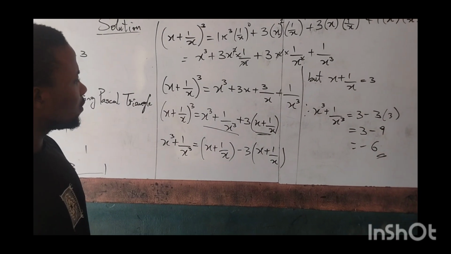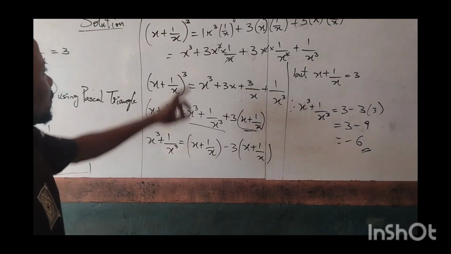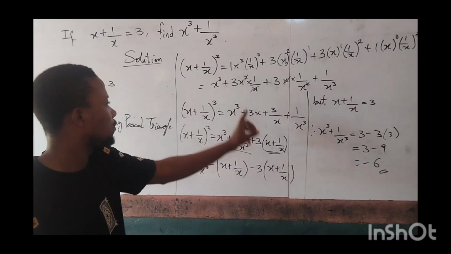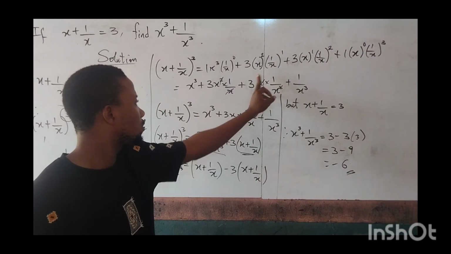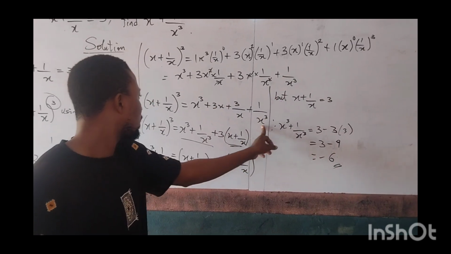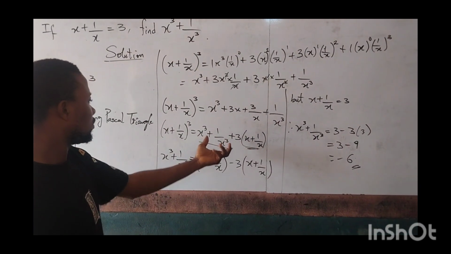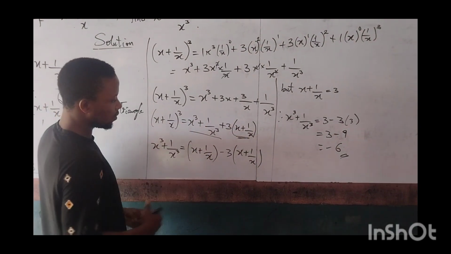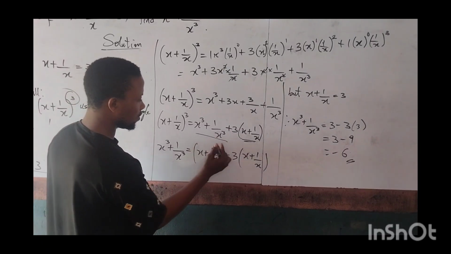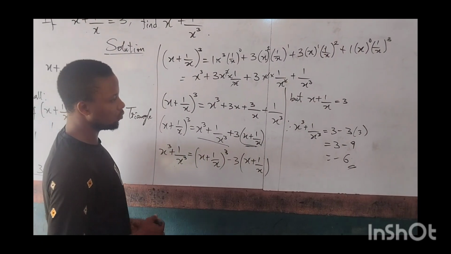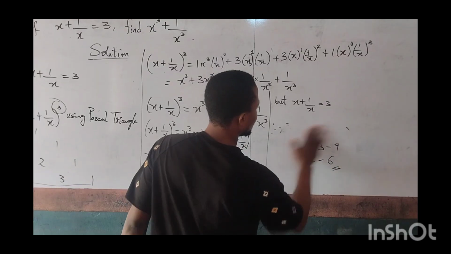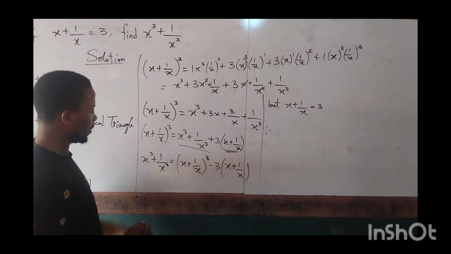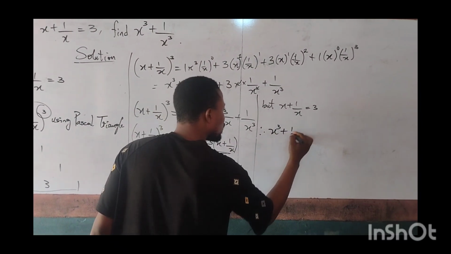But I think we should just check again. From here, we have s raised to power 3 plus this one, we cancel this one to give us 3s. This one we cancel this one to give you 3 over s plus 1 over 3s. And we bring this thing to the right hand side here. We bring it to the other side. Okay, I think here we have power of 3 in this place. Okay, let's do that again. From here, therefore, we have s raised to power 3 plus 1 over s raised to power 3